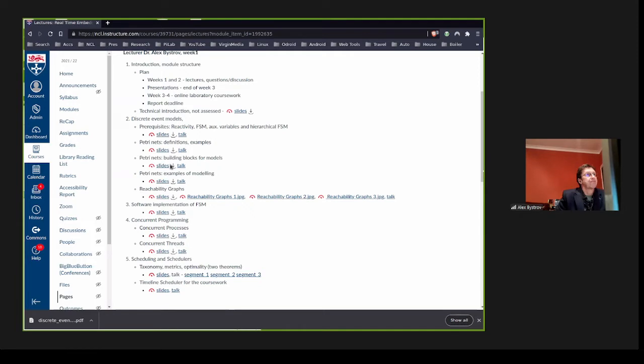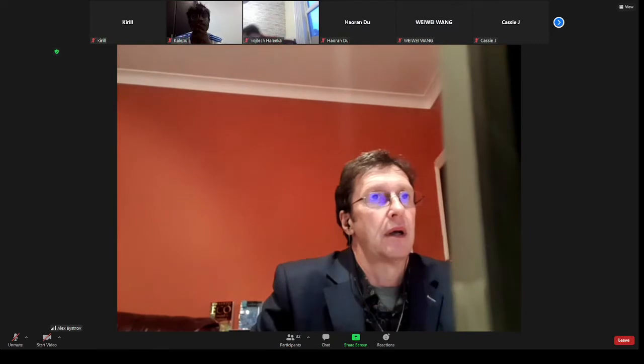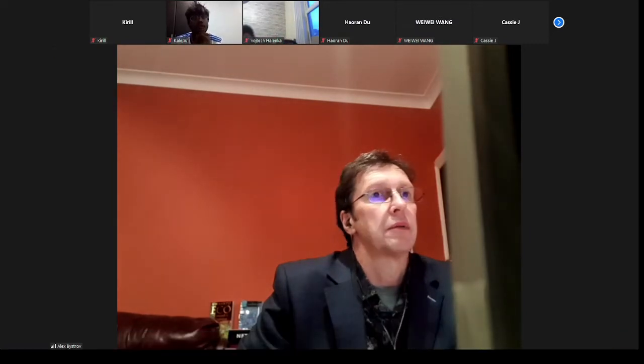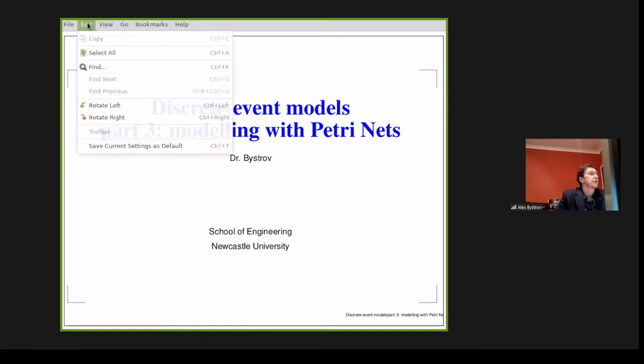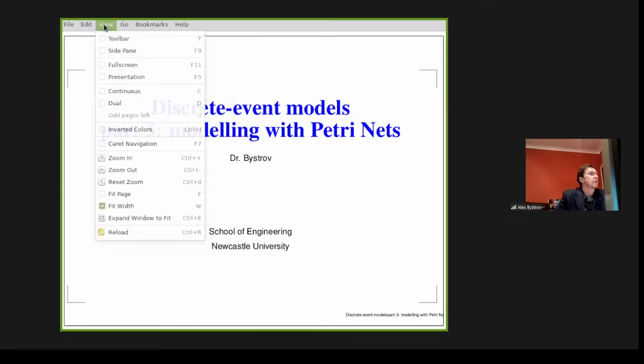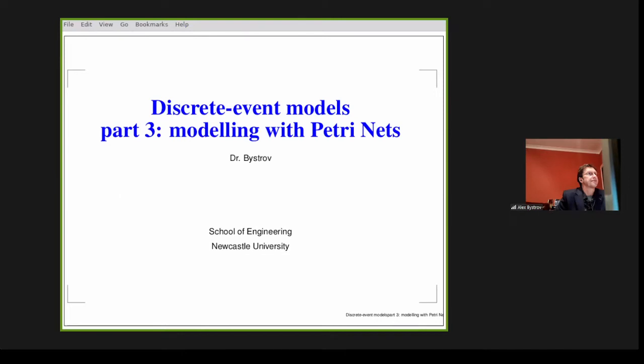Right, so building blocks for models, modeling with Petri nets. Sharing this. View is correct. So in the previous